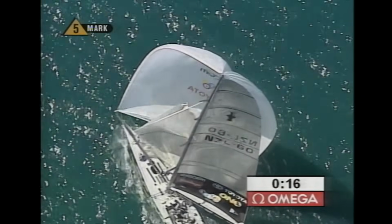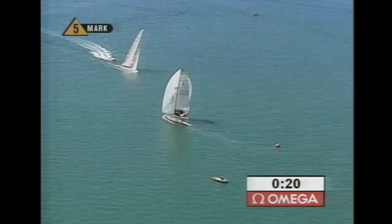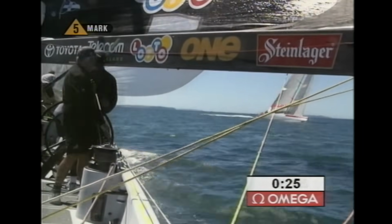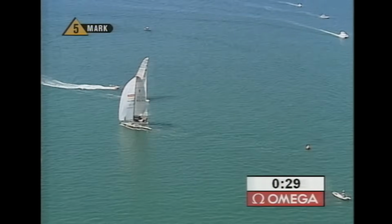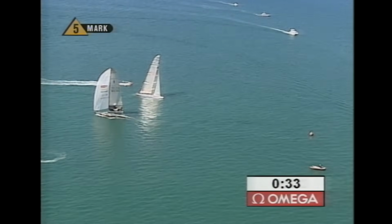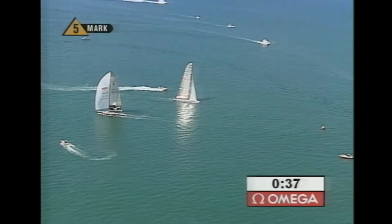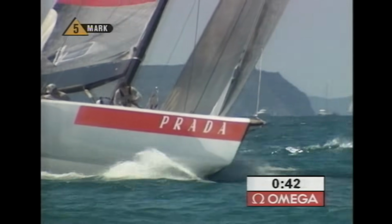Here comes the set. Beautiful set by Team New Zealand. They're clear as they go to windward. It's a big gain uphill. What was it at the bottom? 25? It was 25 seconds. It's going to be way over a minute. They've more than doubled. Well, yes, I know there's been right-hand shifts, Chris. Seems to be an oscillating breeze, but in the end, I think we can...